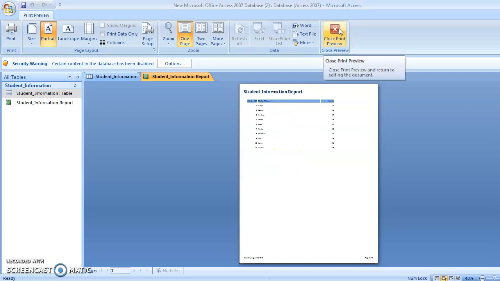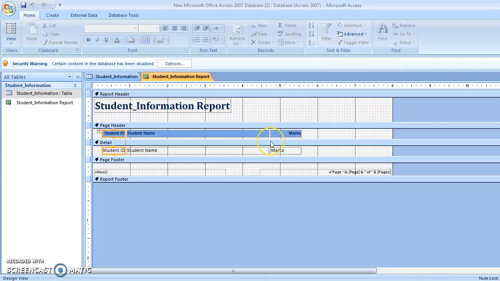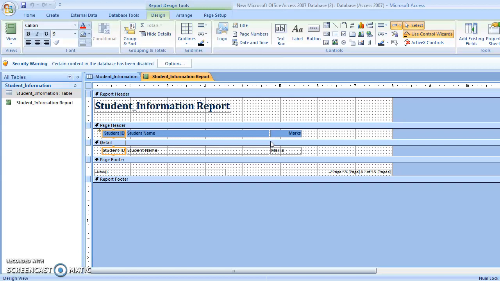Close the print preview. After that, you can see the report like this. If you want to rearrange your report and fields, just arrange like we arranged previously in report. So I minimize the field size of student name, student ID and the others.